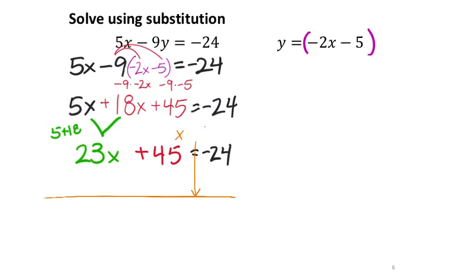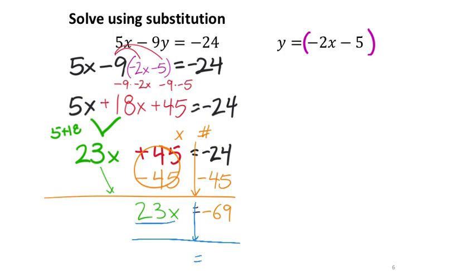So I'm going to put my x's on the left, numbers on the right. So again, the 23x, that's okay. It's on the x side. The 45, no x term. So it's not okay. You have to zero that out, minus 45. But if I do it to one side, I've got to do it the other side. So my 23x's, yeah, it just drops. And 45 minus 45, yeah, that's 0, just as we had planned. And then negative 24 minus 45 looks to be negative 69 right there, okay? So this equation now, here at the bottom, has all the x's on the left, all the numbers on the right. The last thing I got to do is solve for x right there